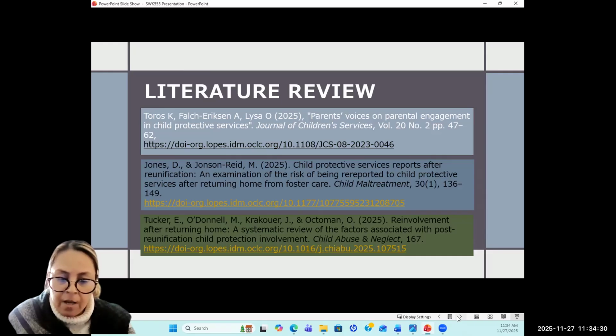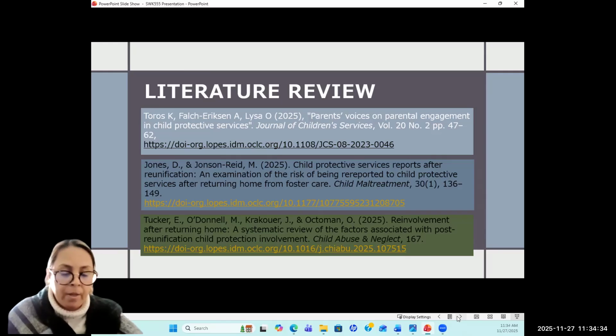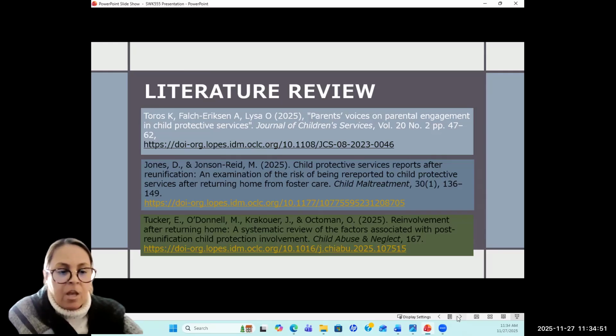It's a study that had the purpose to explore the experiences and perceptions of family engagement in child protective services. The study used the Yatchmenoff self-reported client engagement scale, and the scale measured four dimensions of successful parental engagement.